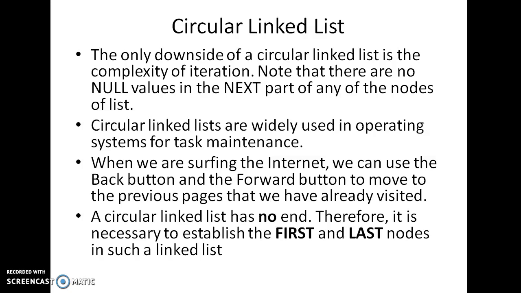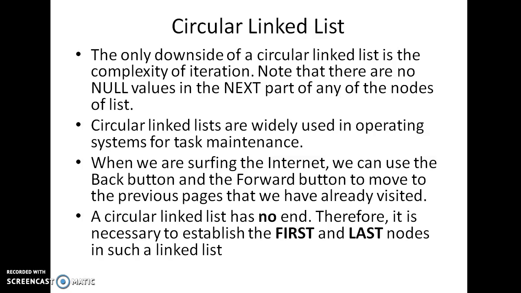But in the operating system, when only one processor is there, only one set of registers are there, and only one process can run at a time. The parallel processing activity that we have seen is because of its task maintenance activities. There we need a data structure like the circular linked list. Similarly, when we are surfing the internet, we use the back button and forward button to go to the next page we have already visited, or the back button for the previous page we have visited. To go to the back page, we need some data structure which will go to the previous link that we have visited. For that purpose, we can use the double linked list and the circular linked list also.